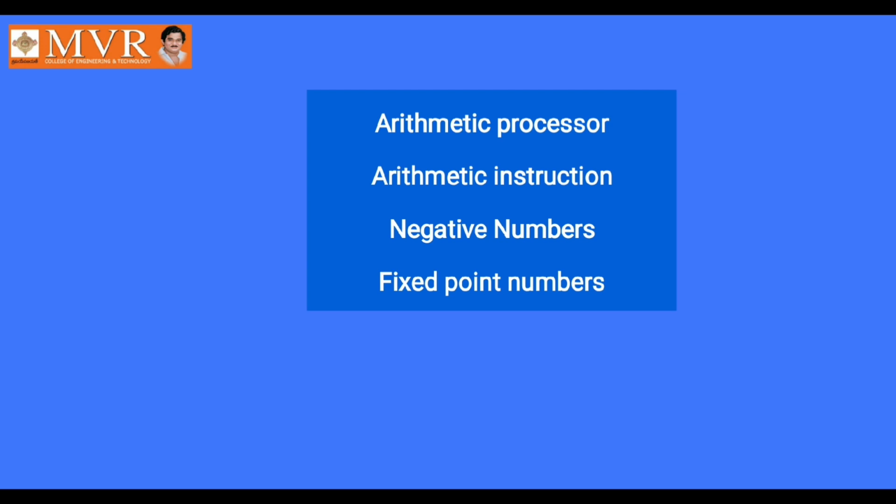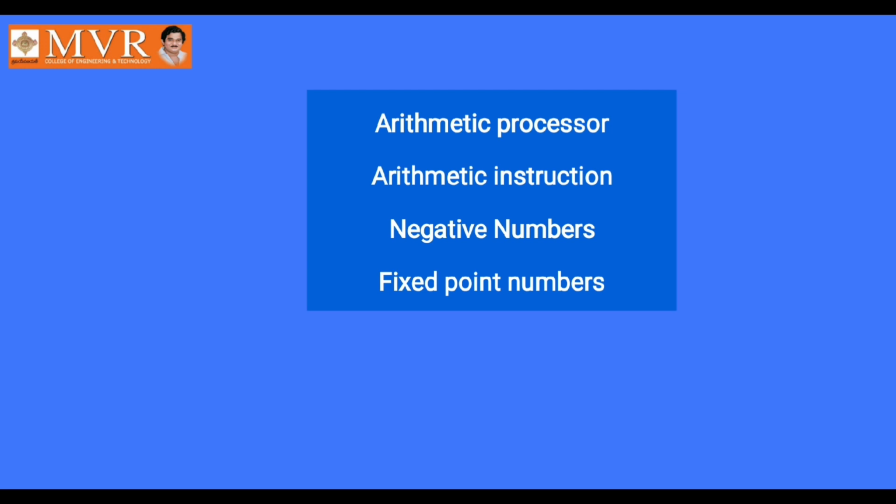But in our calculation, if negative numbers are there, how do we perform the operation? These negative numbers are represented in signed magnitude form or signed complement form. As we discussed in the previous sessions on the complements method, negative numbers are represented using signed complement form, meaning one's complement or two's complement: converting a negative number into two's complement and putting a sign bit of 1 at the most significant bit.